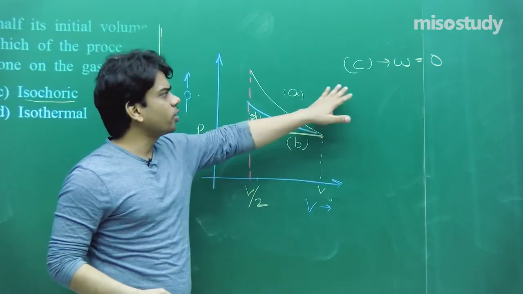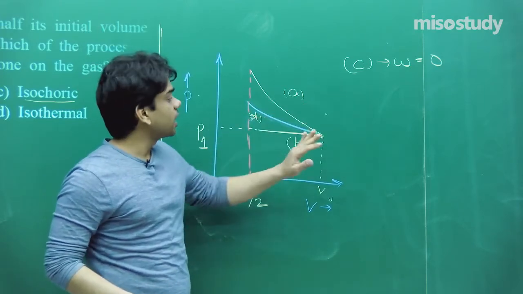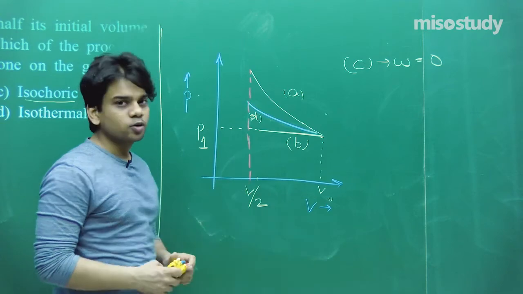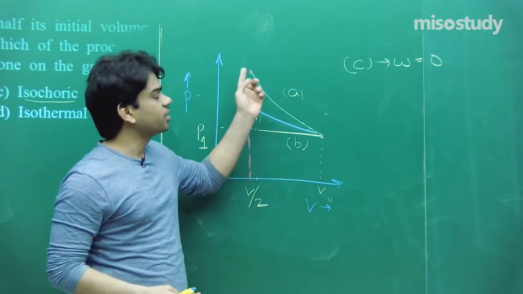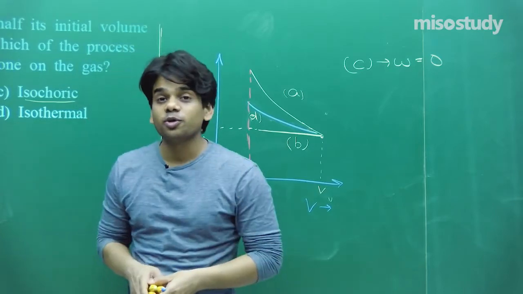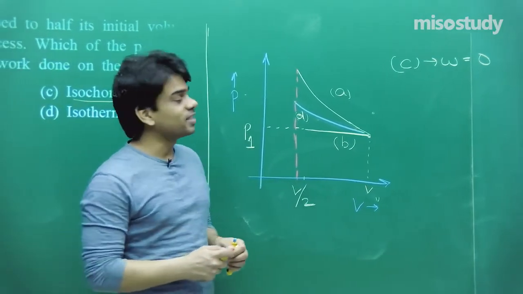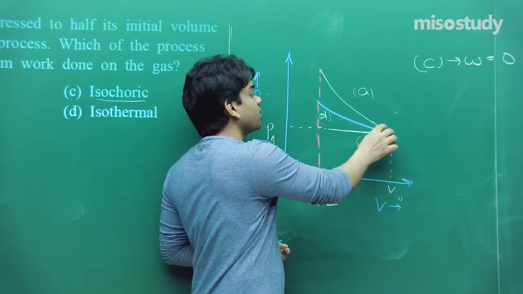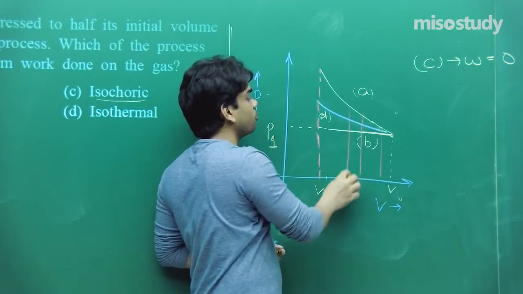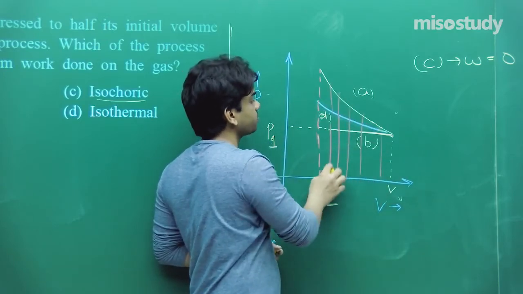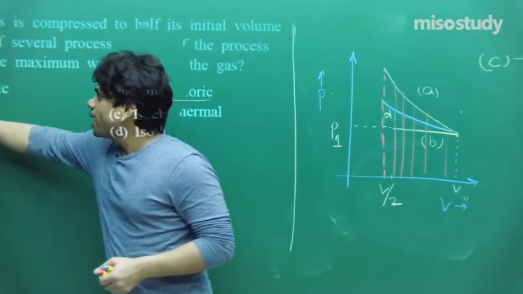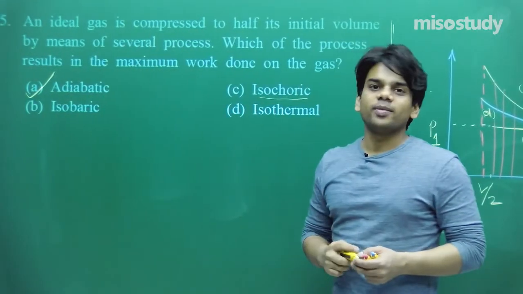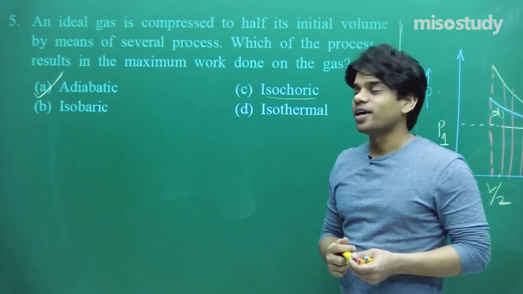More than 0, I am not talking about the isochoric case, I am comparing adiabatic, isothermal and isobaric. This will be less, this will be the maximum. In the case of the adiabatic process, it will be maximum because work done is evaluated as per the area under the curve, and area under the curve is maximum for the adiabatic curve. Hence, the right answer will be adiabatic. So, maximum work is done in the case of adiabatic because that is covering the maximum area.